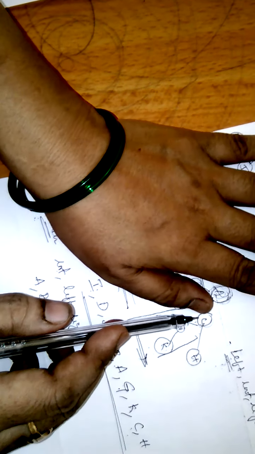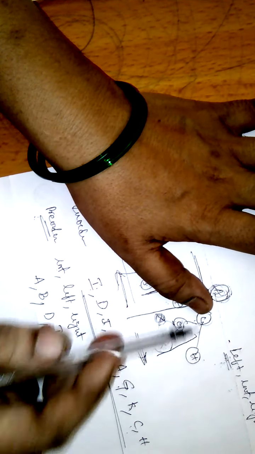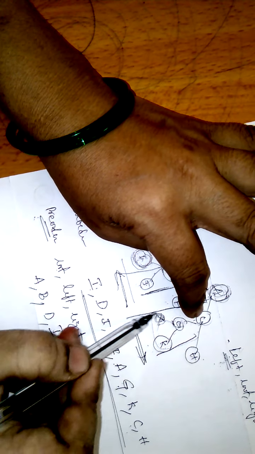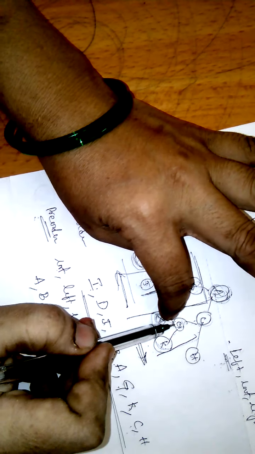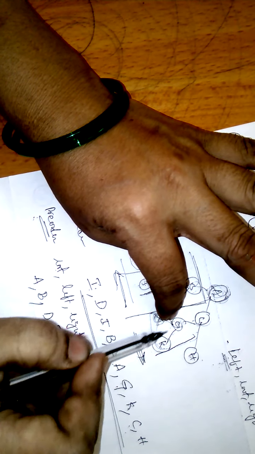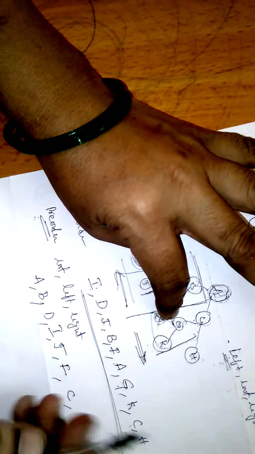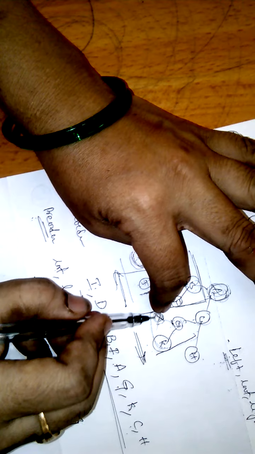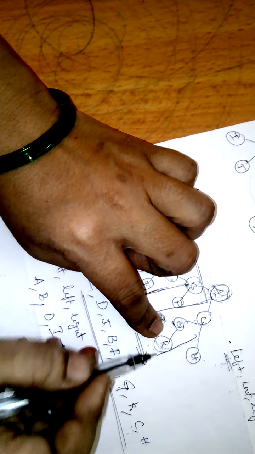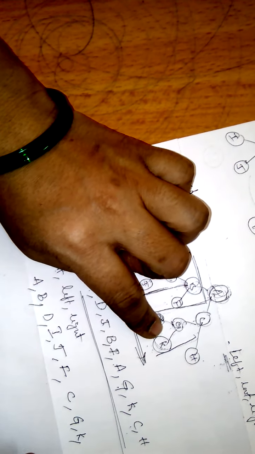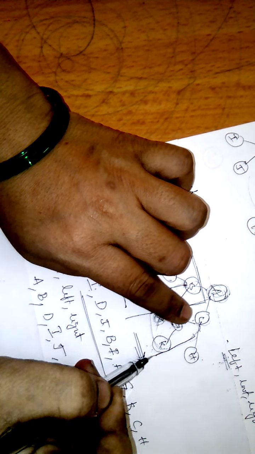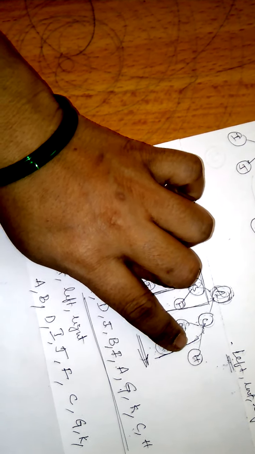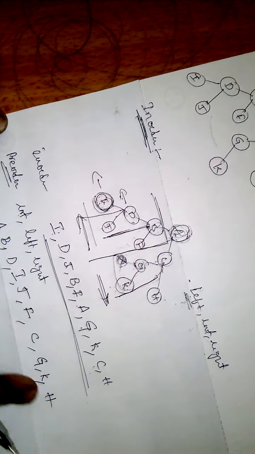Now when we come to the right, what is C? Again a parent which has two children. So we will visit C. Then next again left. This subtree we have to visit. So what is G again? A parent which has a child, that is equivalent to root. So we will visit G. Then left. There is no left child. So what will we do? We will visit the right child K. Finish. Now we finish the left part of parent C. Now the right part. We have only H. This is the pre-order traversal.